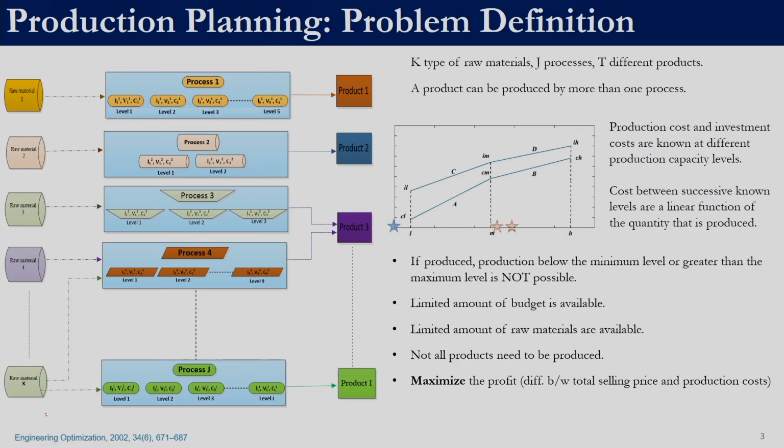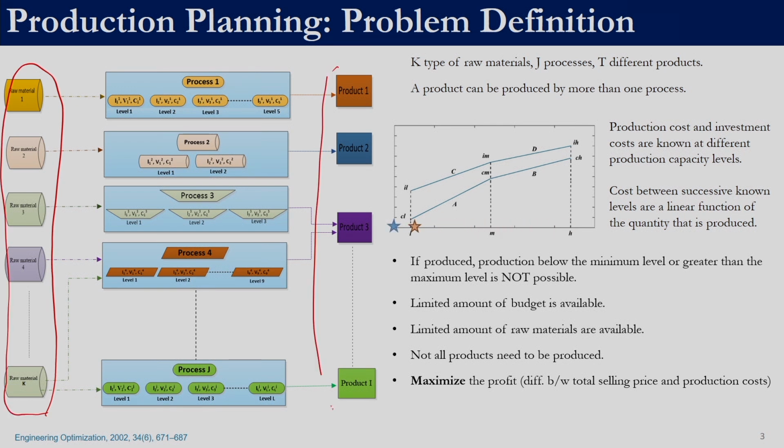The production planning problem consists of k raw materials, and using those raw materials, we can produce different types of products. For the conversion of this raw material into a particular product, we process that raw material. So, there are various types of processes: process 1, process 2, process 3 and all the way up to J processes. So, k raw materials when processed can give us products. Some of these processes can produce identical products. For example, process 3 and process 4 both produce product 3. That is possible.